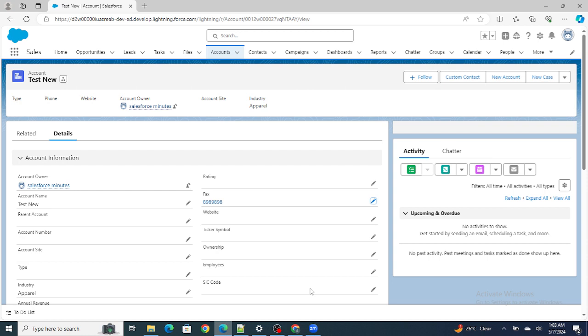The reason is because OWD is used to restrict. On the other hand, sharing rules are used to provide more and more access, right? As per the OWD, it is the least, most restrictive, and after that everything is used to just give the access. So even if you're trying to reduce the access using a sharing rule or some other methods, it won't reduce the access. Instead, it will just give the access. So OWD is the base one, which is the highest right now, that is public read write. And after that, whatever we are doing, it's just giving the access. We cannot take away the access.